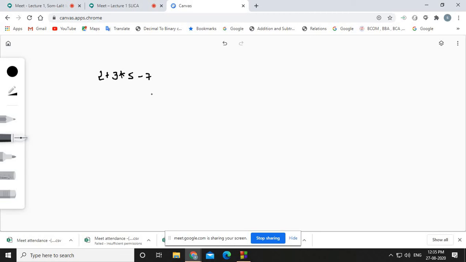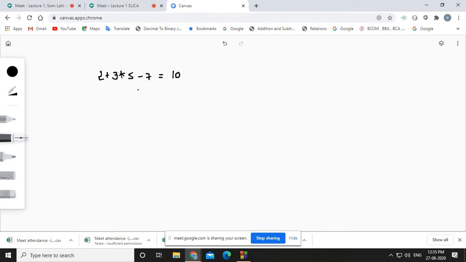You just comment what will be the answer if I am evaluating this expression, because you should know the evaluation of the infix expression, right? If you are not aware of how to evaluate the infix expression, what the priorities and preferences of the operators are, then how will you make a program which will be embedded into the calculator, right? So obviously we know that the first preference will be given to multiplication. So 3 into 5, 15. 15 plus 2, that is 17. 17 minus 7, that is 10. So the answer of this infix expression is 10, right?